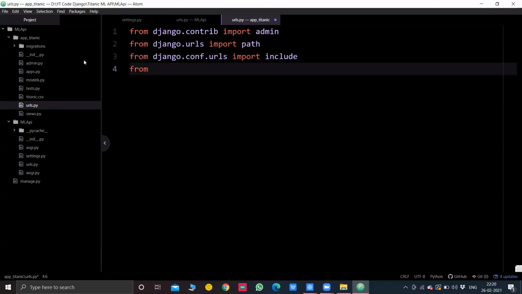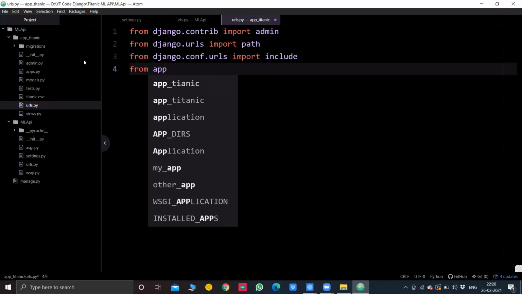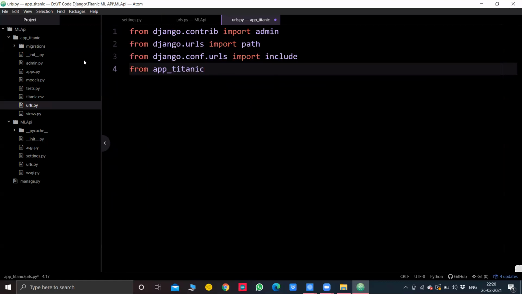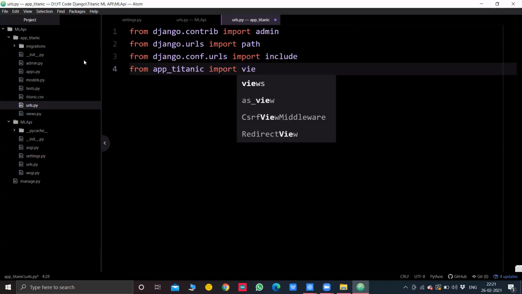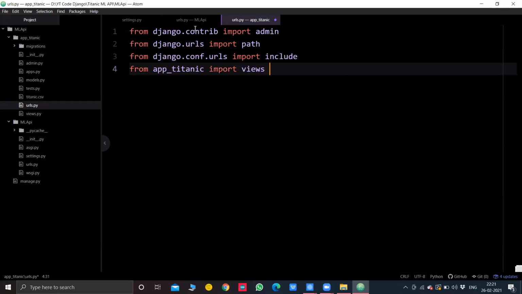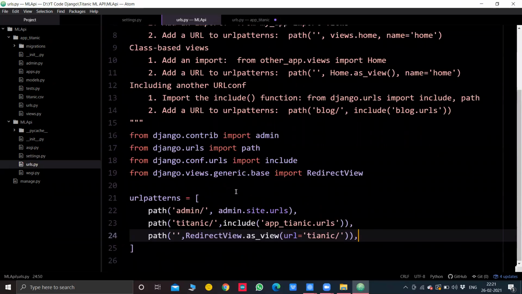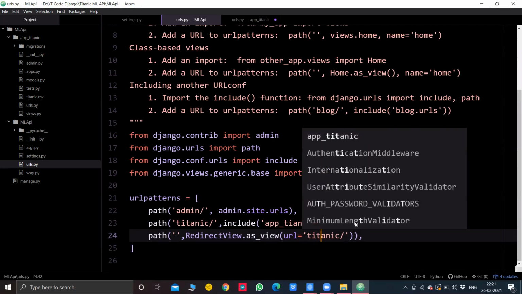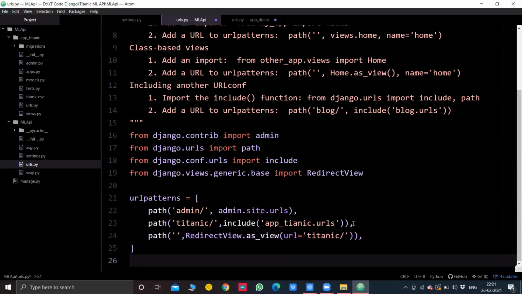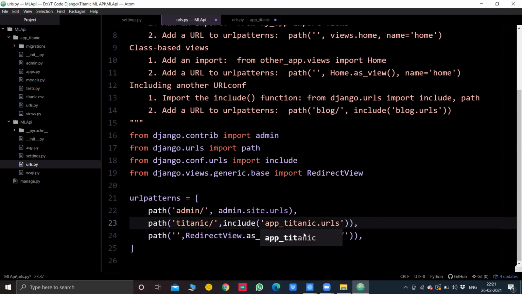We can use a dot as well, but I like to be more professional, so I'll mention the application name: from app_titanic import views. I think somewhere I've used the Titanic spelling wrong. I haven't imported anything here yet. Okay, here it's titanic, titanic/. Okay, again here as well, it's titanic.